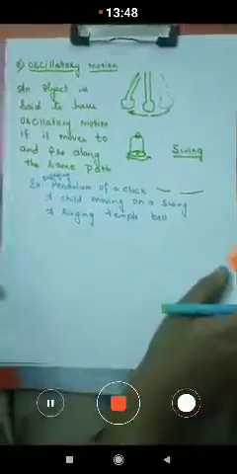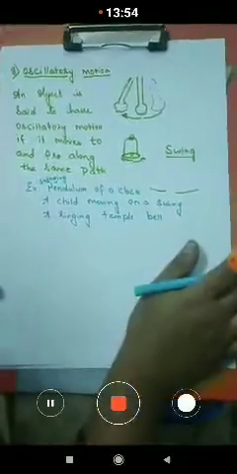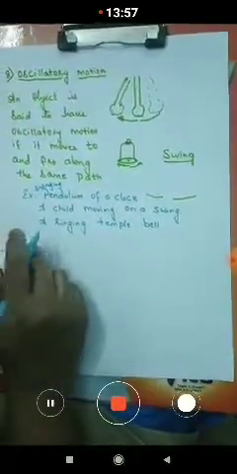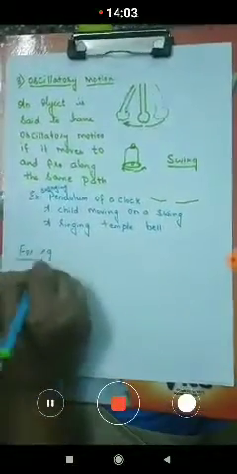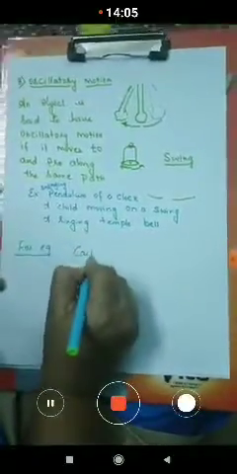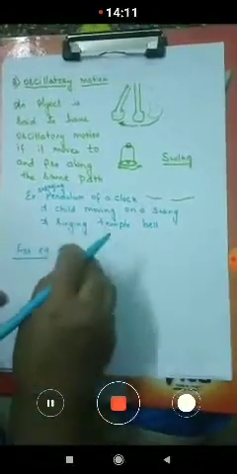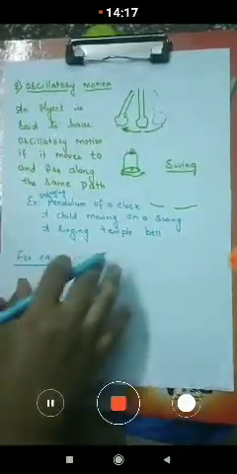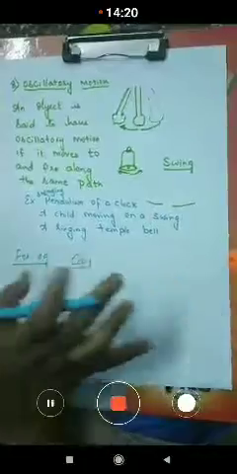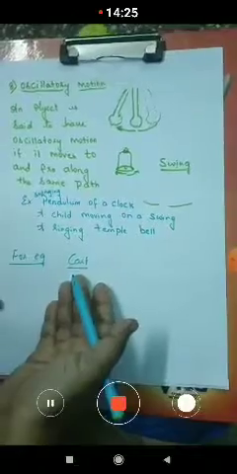Now we'll move on to the next topic. The last topic in this lesson, children. Now for example, there is a cart, a hand cart. I think everyone has seen the hand cart in which the vegetables will be kept and the person will be pushing that cart, and he'll be selling his vegetables, coming to your street and going to another street.